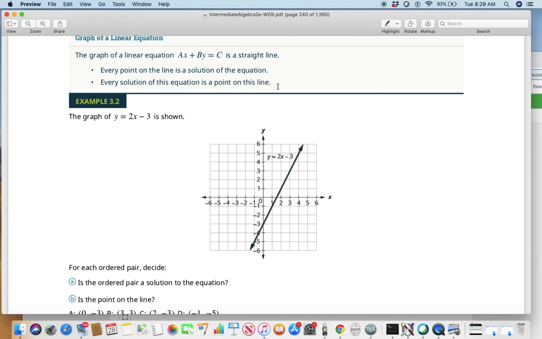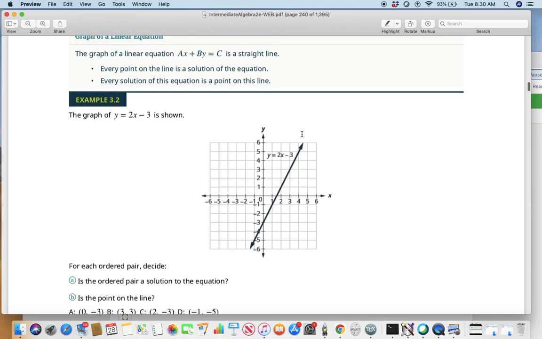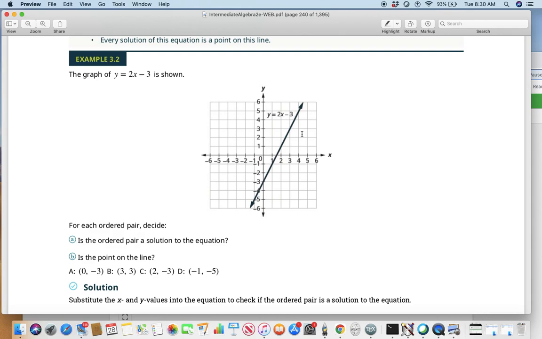This is important. The graph of a linear equation ax plus by equals c is a straight line. How is that line formed? Every point on the coordinate plane which solves this equation sits here. And every point that sits here is a solution. That's how you make it. For example, for each ordered pair,